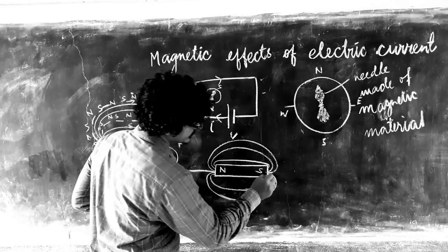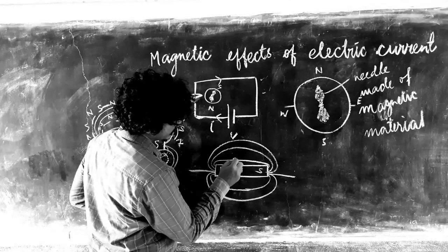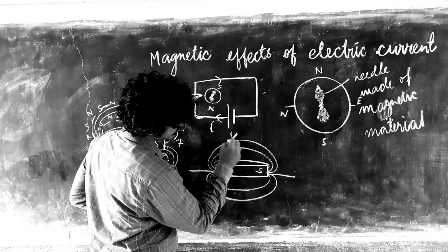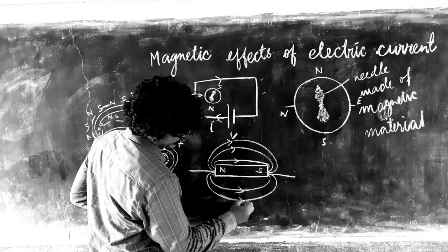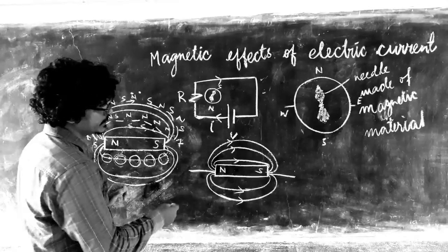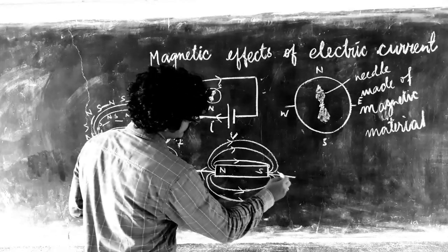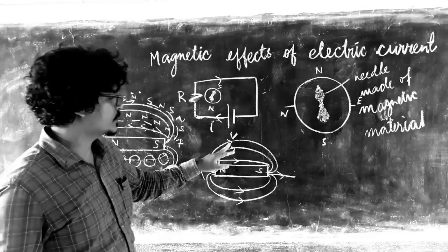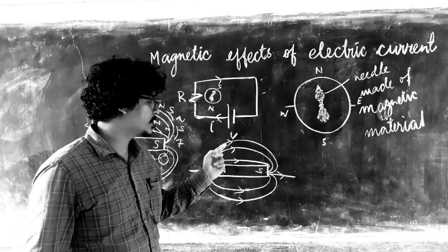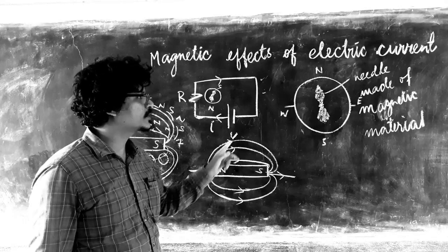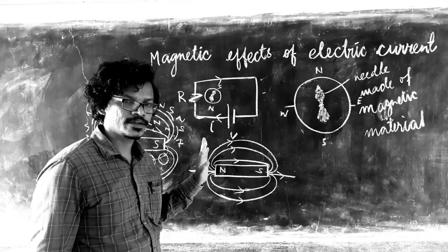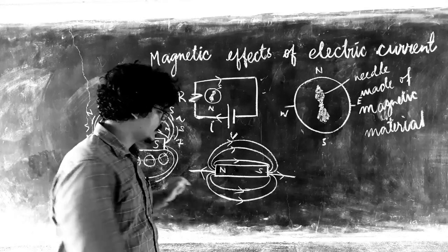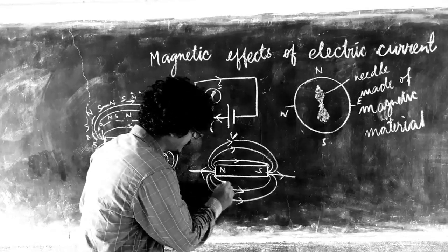So here this is the direction and on the lower side this is the direction. This shows that if you put the magnetic compass here, the arrow direction will show the direction of the north part of the magnetic needle. Here on the lower side, if you put the magnetic compass along the line,